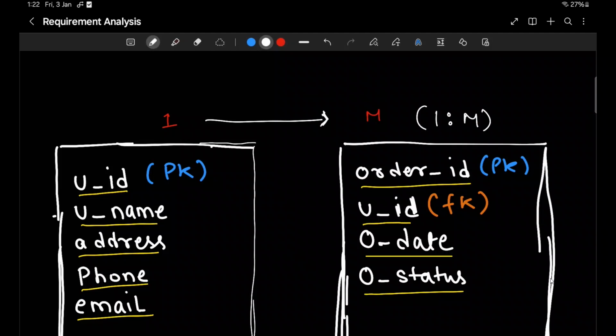For example, where we have a cardinality of 1 is to 1, that means no duplication is allowed. Each instance is related to only one other. Whereas in case of many is to many, you can see multiple products are added into multiple orders.